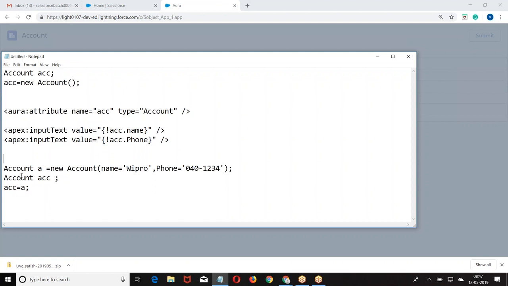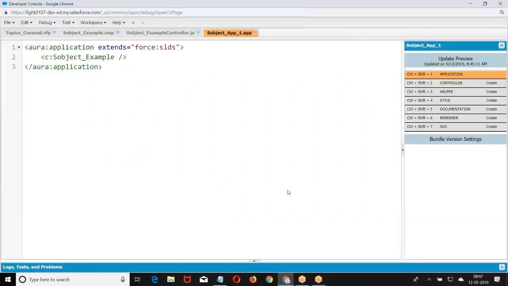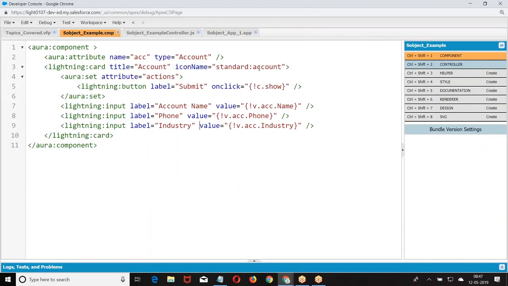At the time of creating the attribute, you want to initialize the sObject. So when you define the attribute and want to initialize it, you give default equal to sObject type account, comma.